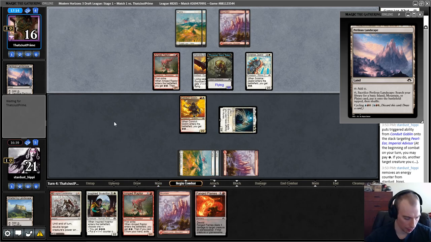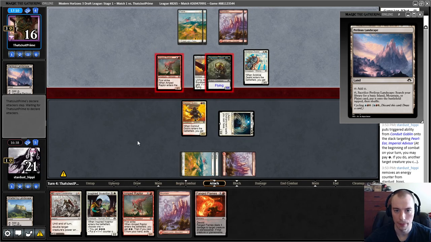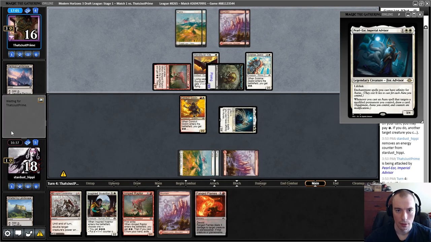Yeah, if we were on the play here, I think we'd be crushing, but we're obviously a little bit tougher. Yeah, let's think back to tap my thing. That makes sense. For damage, they do get to play something here. Playing Fanged Flames into a potentially open trick or something is also annoying, but